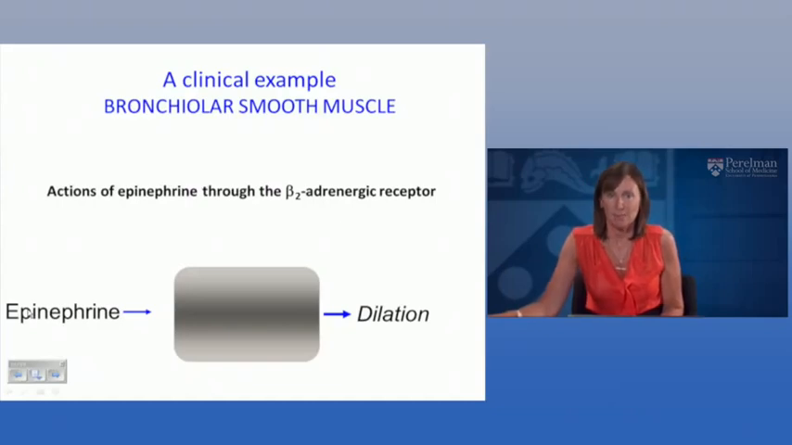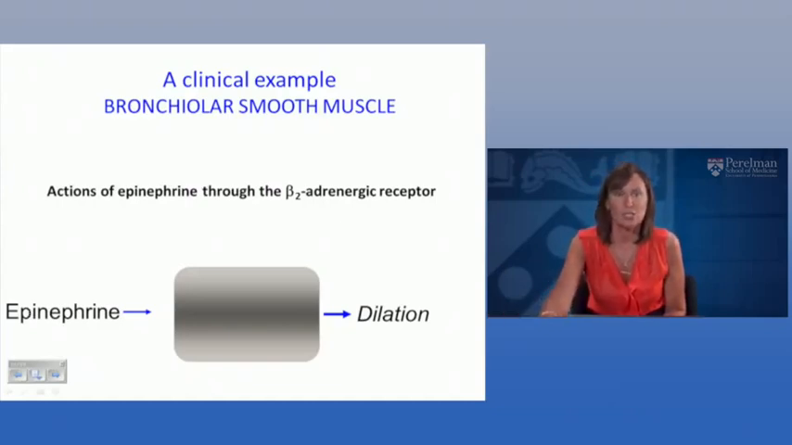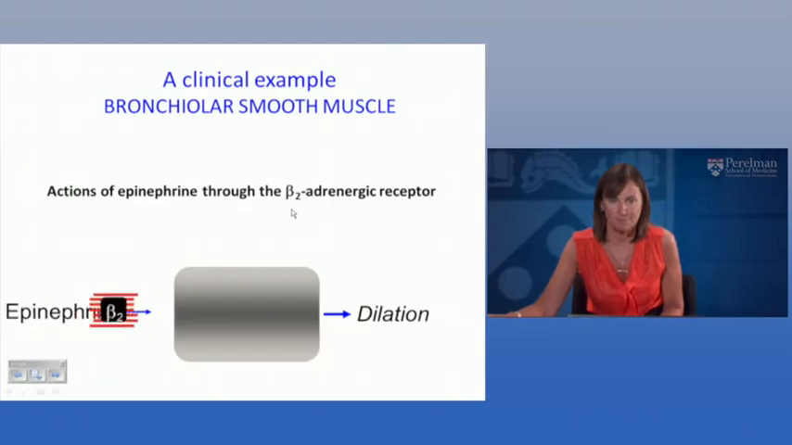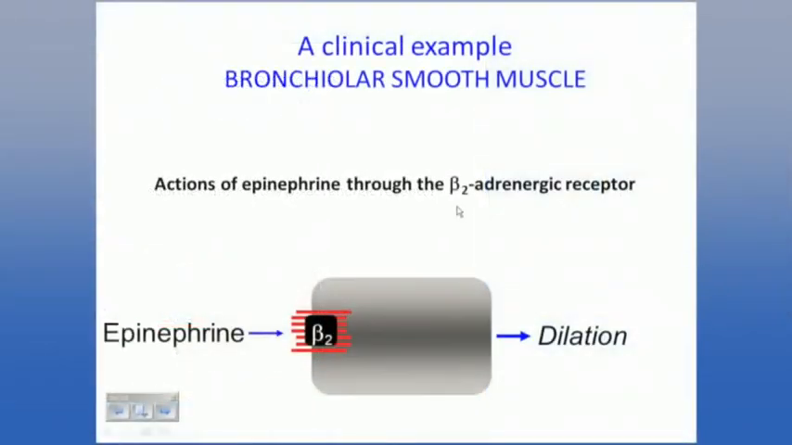In this particular example, I am showing you the actions of epinephrine through the beta-2 adrenergic receptor. So in this example, our ligand, epinephrine, could be naturally occurring epinephrine, or it could be the delivery of epinephrine to a patient who has complete bronchoconstriction, isn't able to breathe, and we're trying to reverse the activity and induce bronchodilation. So epinephrine binds to its receptor, a G protein coupled receptor referred to as the beta-2 adrenergic